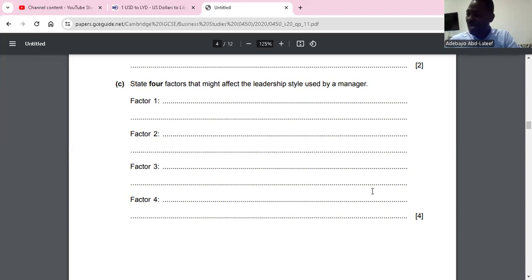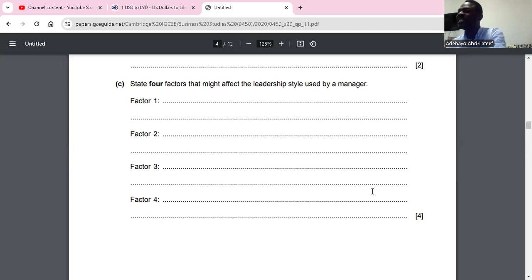So factors that might impact or affect the leadership style used by a manager are as follows. One, the personality of the manager itself, who the manager is. What does he believe in? So here I wrote, personality of the manager. This is the kind of person he or she is and the ways he sees each staff. So I have my own personality, my own differences, my own opinion about the staff. So what do I see? Which one do I think is more preferable for me to run the organization? That would be the first thing. And that comes to your personality.